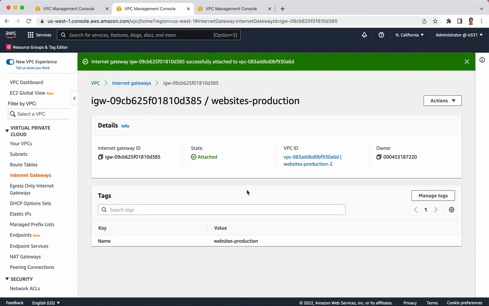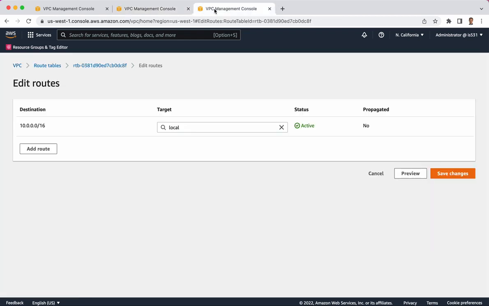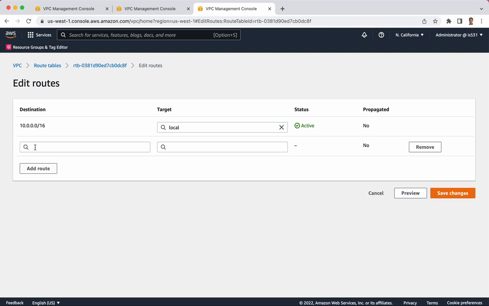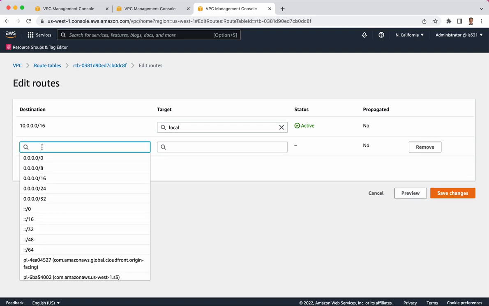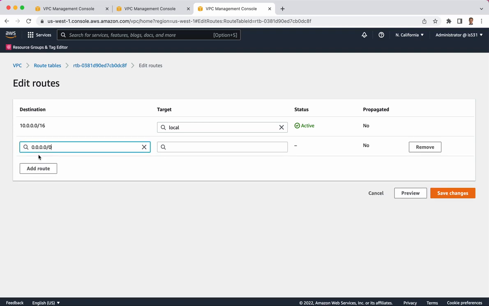Okay, now that this has been done, I can go back to one of my subnets. I'm going roundabout here. You saw me earlier go to my subnet and then click on this particular routing table. The routing table that's associated with the subnet is the traffic pathway that traffic can be sent to. So I'm going to click on Add a Route, and I'm going to say this first option, which is